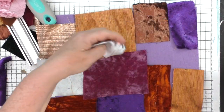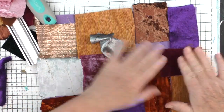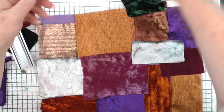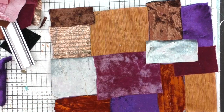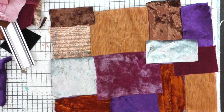And some of these materials are lovely, they have such a lovely feel to them. I stayed away from the ones that had embellishments on them at this stage because I have other plans for those. I was trying not to make this too heavy. I thought having a heavy embellished fabric would perhaps just distort the cover a bit